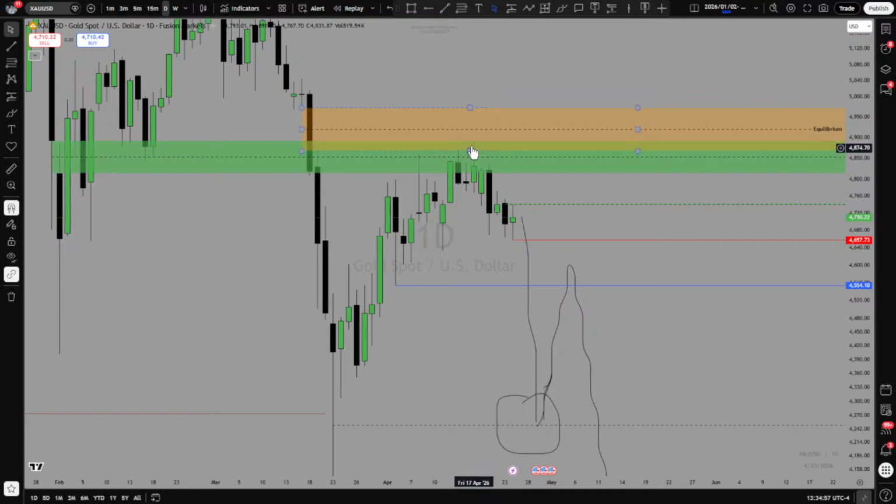So what do we have here? We rejected from this fair value gap, which is this, which I was actually looking for. Then in this fair value gap, we rejected back to this, then we closed outside, below the middle point here, which is this. Then on the 17th of April, the price attempted to go higher to trigger this fair value gap up there. So what happened then?